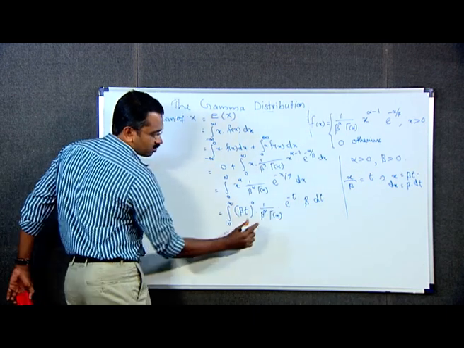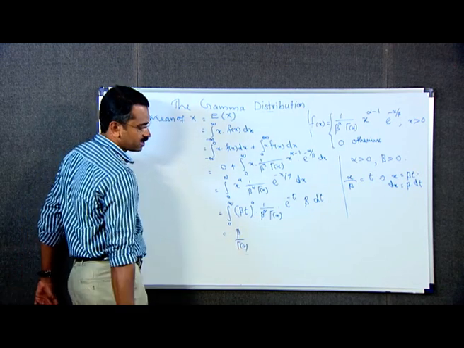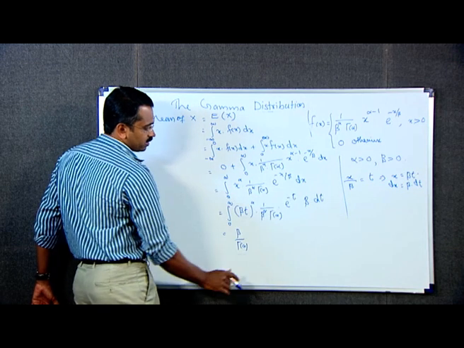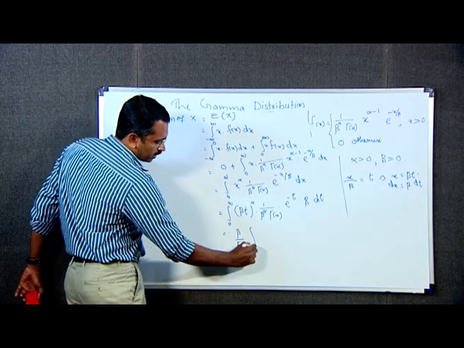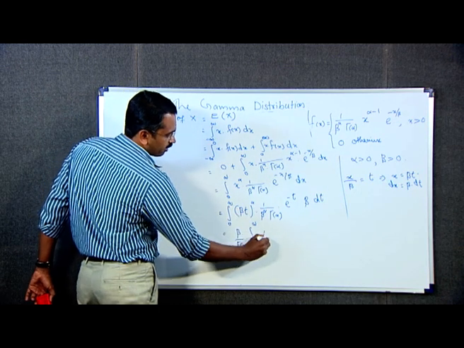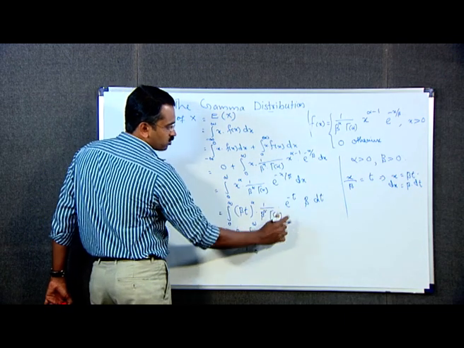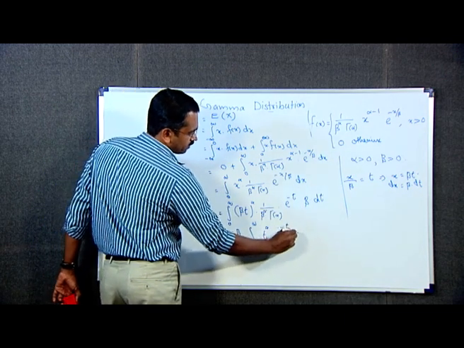Gamma alpha is also a constant, therefore beta by gamma alpha can be taken outside, into integral from 0 to infinity t raised to alpha into e raised to minus t dt,